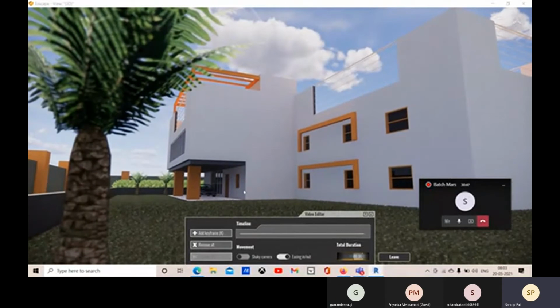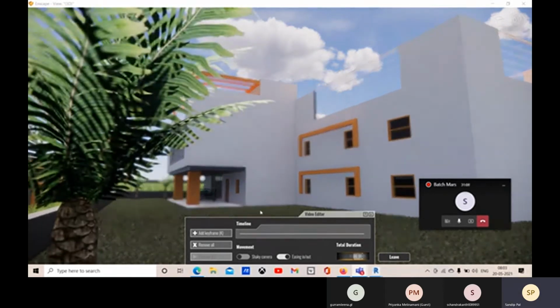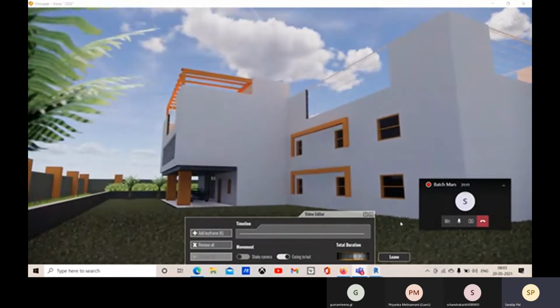Now I will add one keyframe over there, and make sure if you are at the ground, you have switched the fly mode to walk mode. The walk mode is selected right now, and you can change the view also.